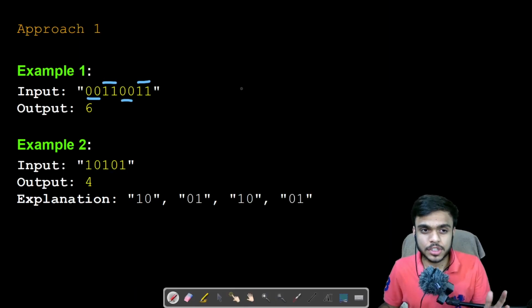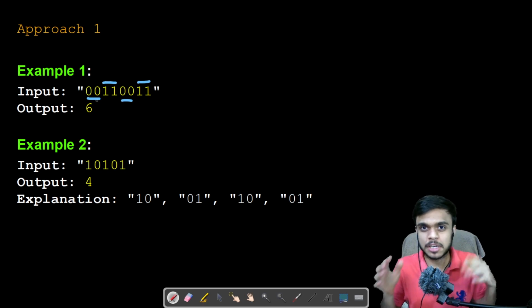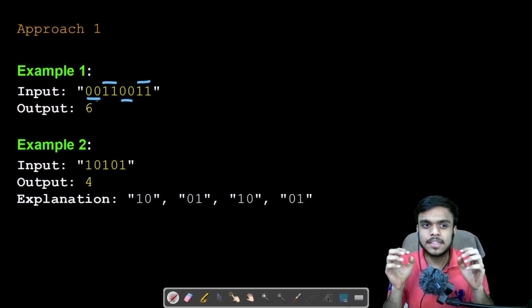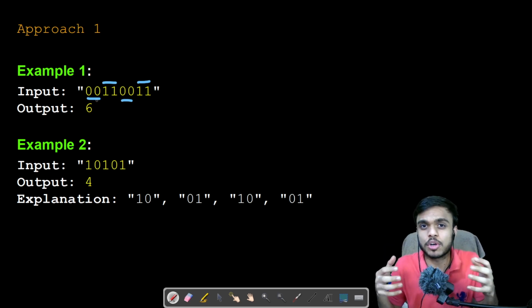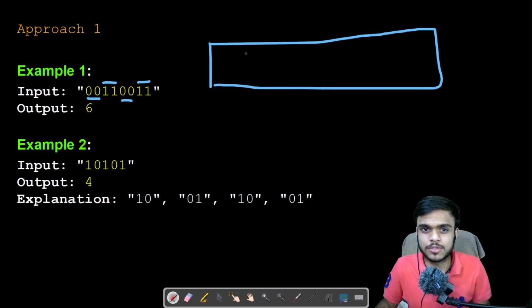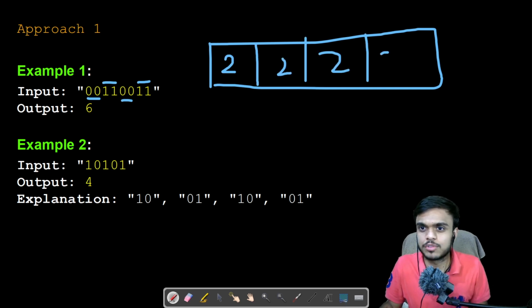To summarize the first approach that we just discussed, we took the similar characters, made a group out of them, and stored the total number of characters present in each group. We can go with a vector for this. For example, we have 2 zeros, then 2 ones, again 2 zeros, and again 2 ones.